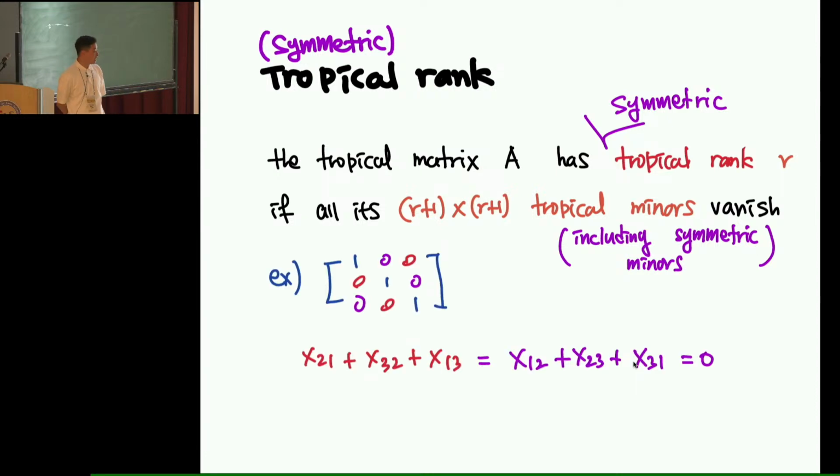Suppose that you have an identity matrix. However, if you look at this one and assume symmetry, you know that x12 must be x21, x23 must be equal to x32, and x31 must be equal to x13. So even though this matrix